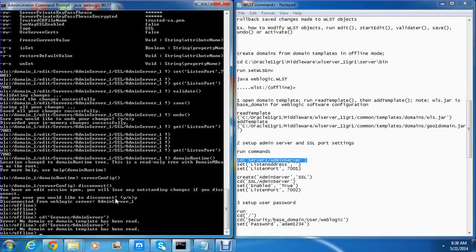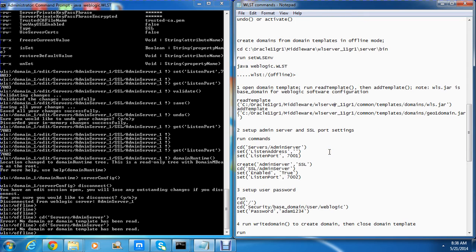Oh no, I have to set my domain environment first. Let me take that back. Let me see. I want to run read template,